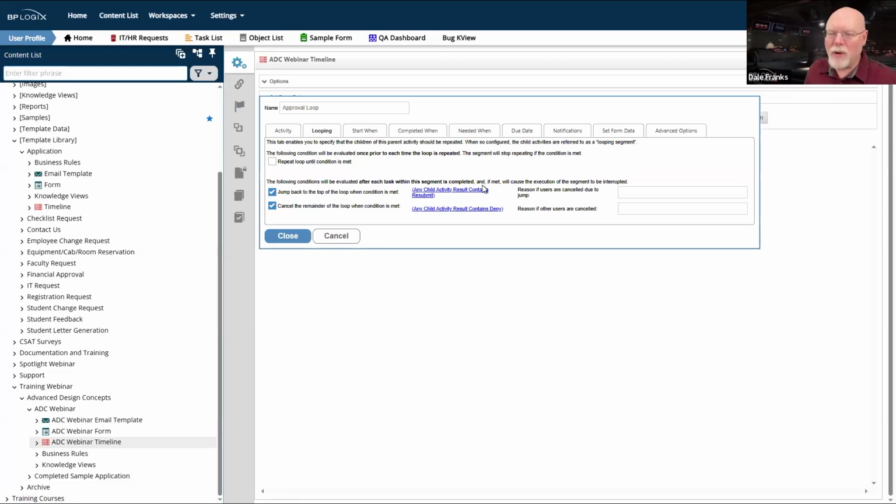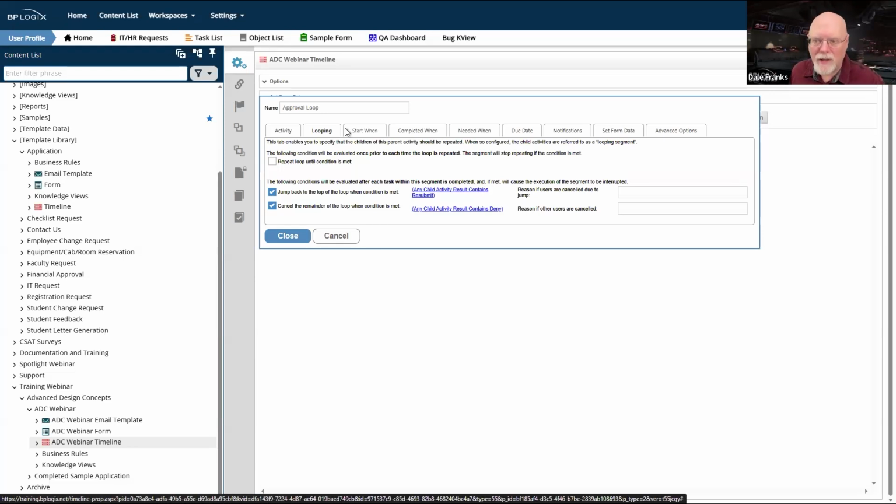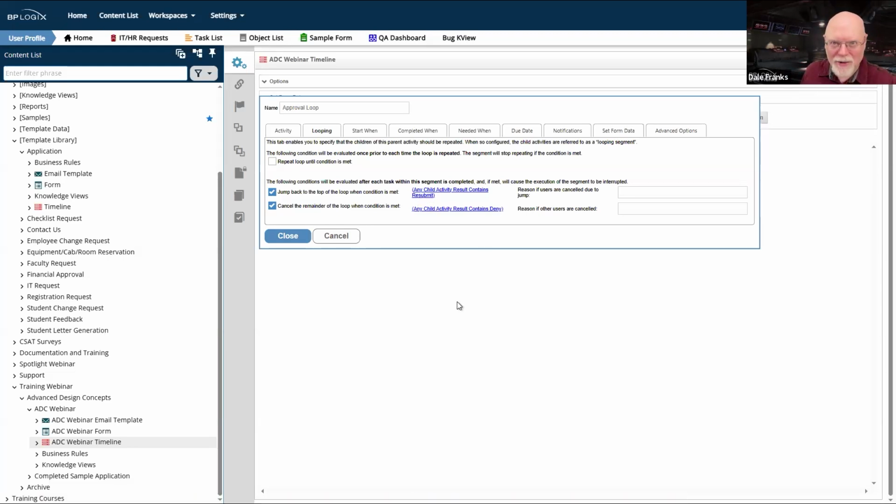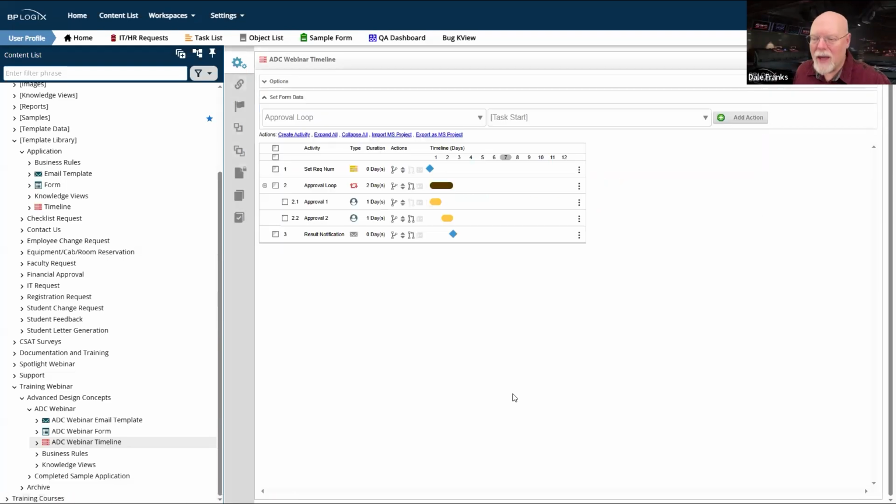You don't have to do anything special in your configuration on your subsequent activities, other than to ensure that if you want to restart or exit the loop, the name of the activity or the result you put on the activity contains the word resubmit or deny. Other than that, you don't have to make special considerations, so that makes your life a lot easier.